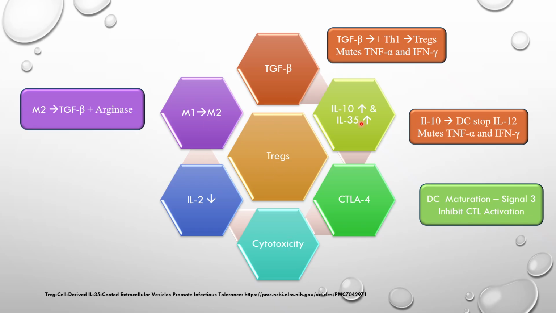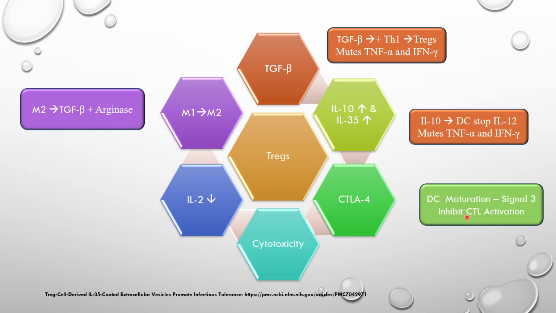So this is how the Tregs, I mean, I put it around Tregs, but it could be TGF-beta, any one of these. All of these are equally important. This is how the tumor microenvironment interacts with the different T helper cells, with the different cells, in order to evade the immune system and become a big major problem. IL-10,